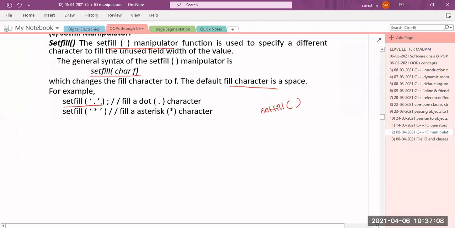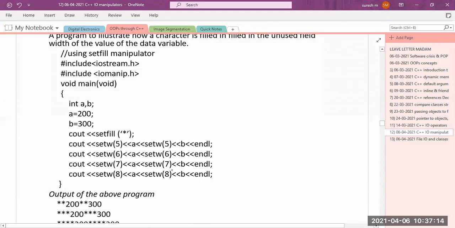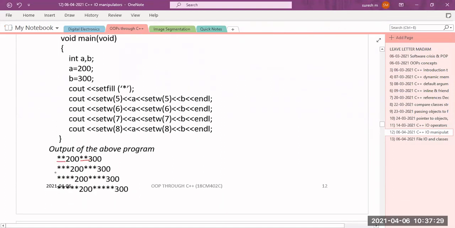quotes, not double, single quotes. So it's the same thing, set fill of star. So I am using star for everything. I can use a separate one for each, or I can use one for common. Okay, set w of 5, so here 2 stars came, then again 2 stars, then 300. In the previous program there are 3 stars, next 3 stars, 4 stars, 4 stars, then 5 stars, next 5